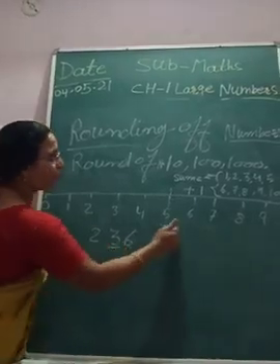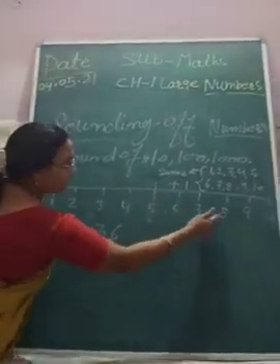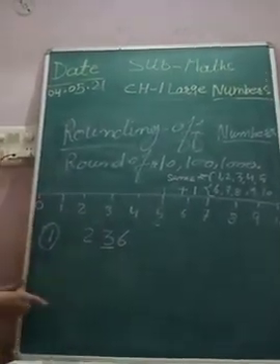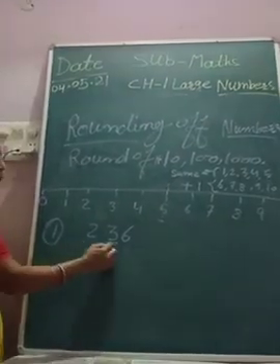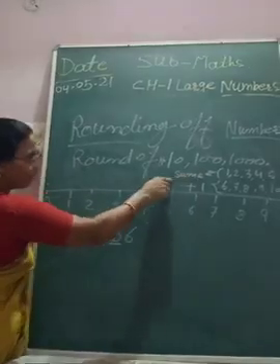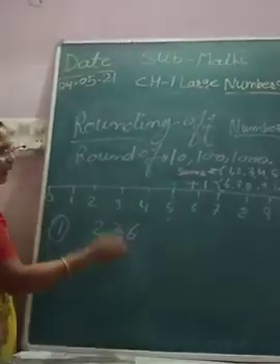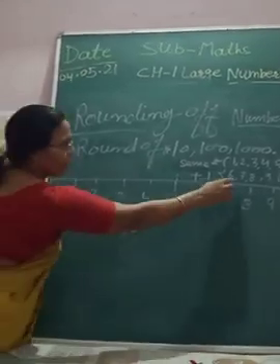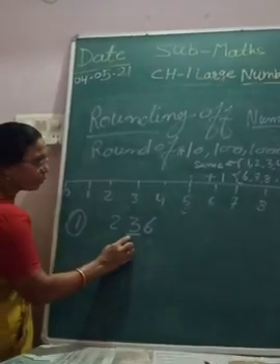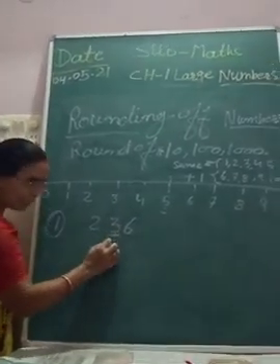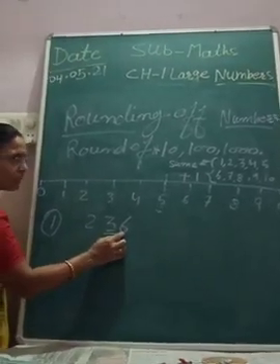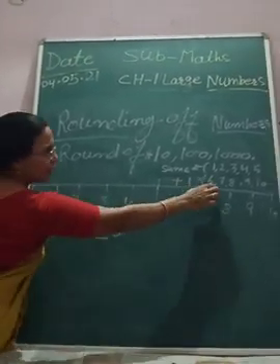Or if this is after 5, that is 6, 7, 8, 9, 10, then you have to add 1 here. Simple thing. When this number belongs in the first group, you write the same number. And if this number is in the second group, then you have to add 1. Now you have to round off this 3, meaning 30. Why 30? Because 3 is on the tens place, so you compare with the ones. Now this ones digit is in the second group.